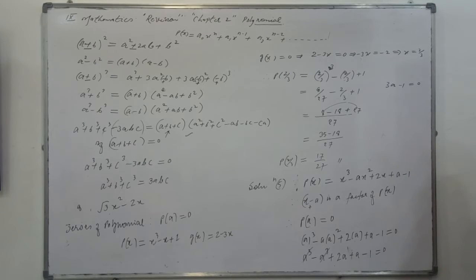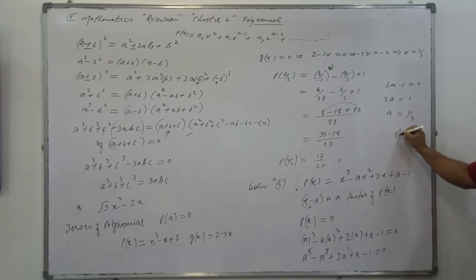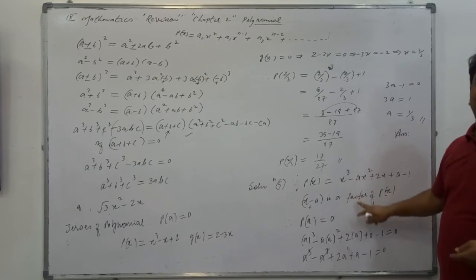What do we have to find out here, please tell me? We have to find a is equal to, this is to be transferred here, right? It shall come here. It's your answer. The a is coming 1 by 3. Means the value of a is 1 by 3. For a is equal to 1 by 3, it will be the factor of that.